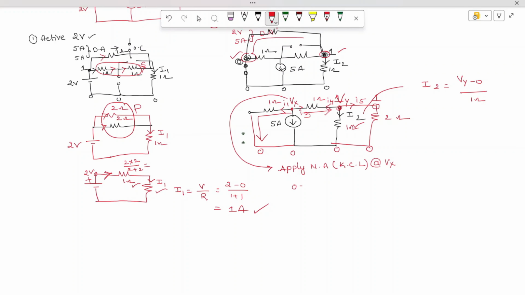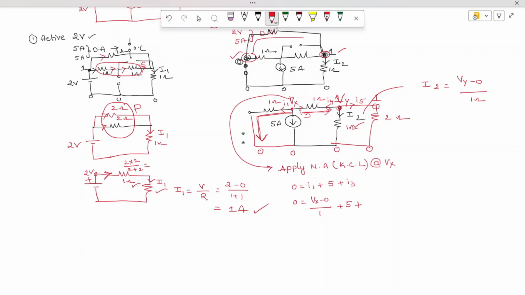Therefore, 0 is equal to I1 plus 5 plus I3. So how to write down this branch current I1 exclusively? The current is leaving, so Vx minus 0 divided by 1, plus 5 plus,